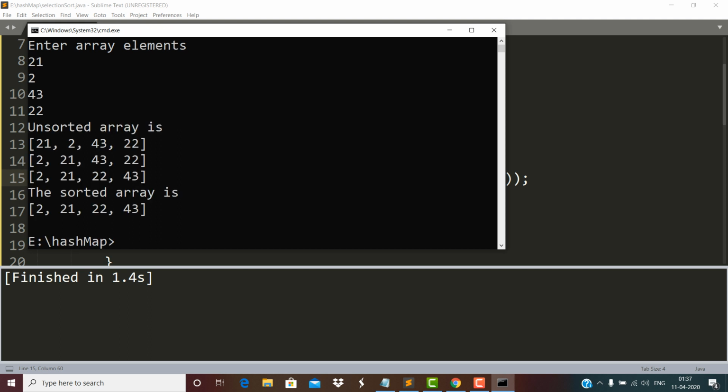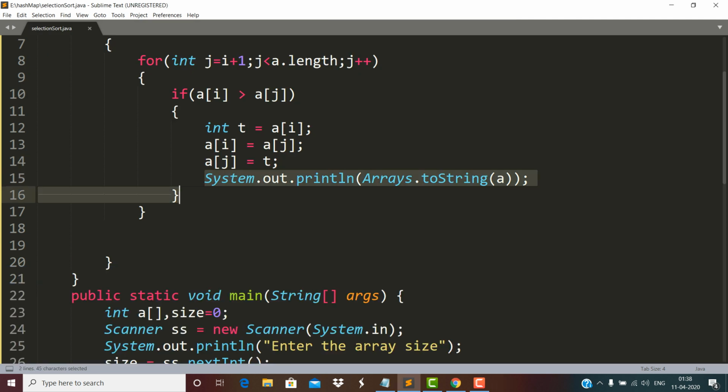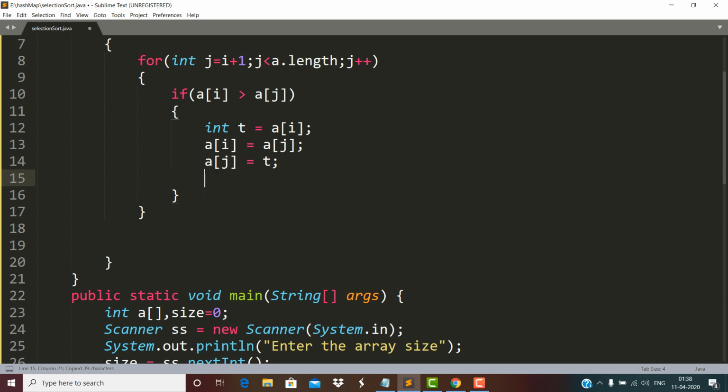You see that initially this 21 and 2 are compared, and then 2 and 21 are swapped, and then this 2 will get compared with this 43, because I will be stationary, so nothing will happen, and then nothing will happen, and then this 21, and we just place this statement outside this body,